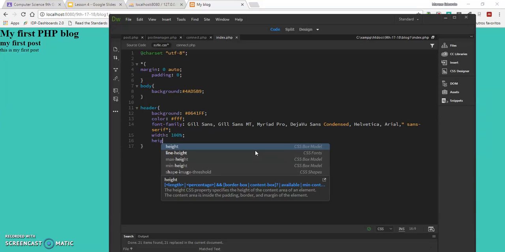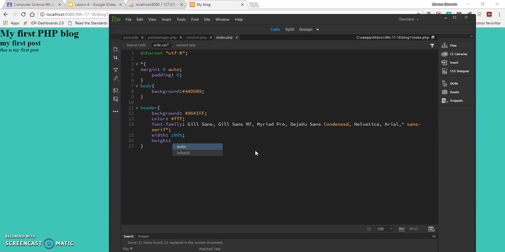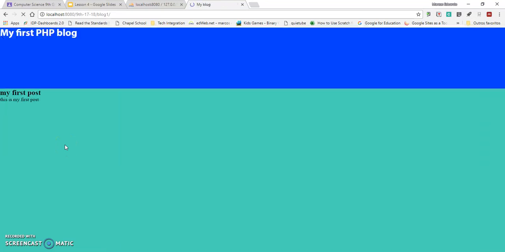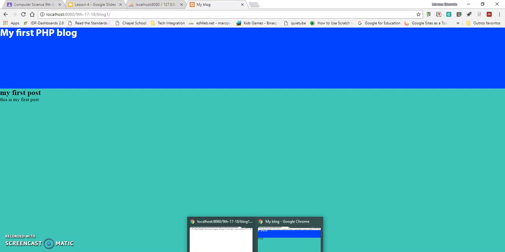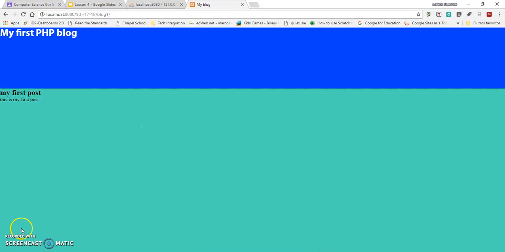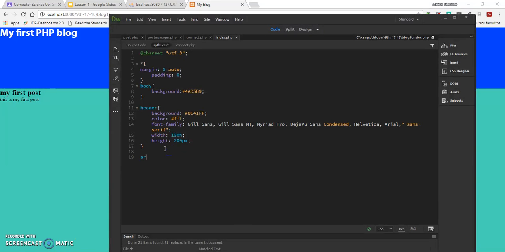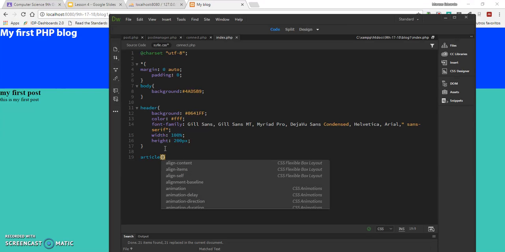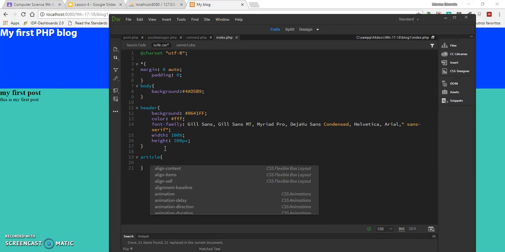And height, let's give it like 200 pixels. Save it. That's it. So my header is here. Something also that's cool that you can do is style something similar for your articles. Okay, we can do that here. Article. Let's give it